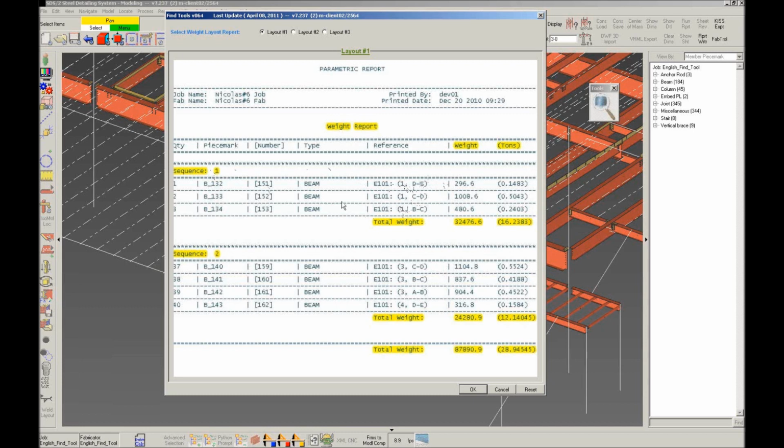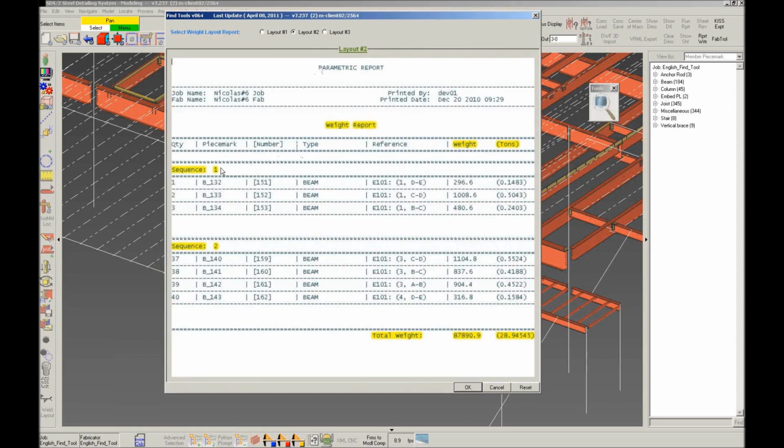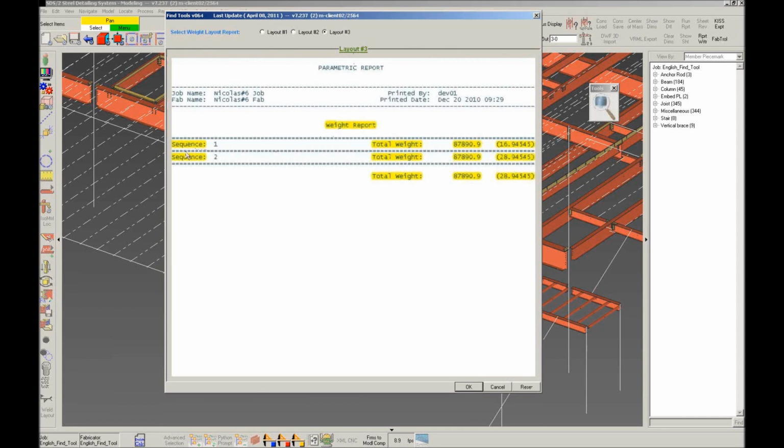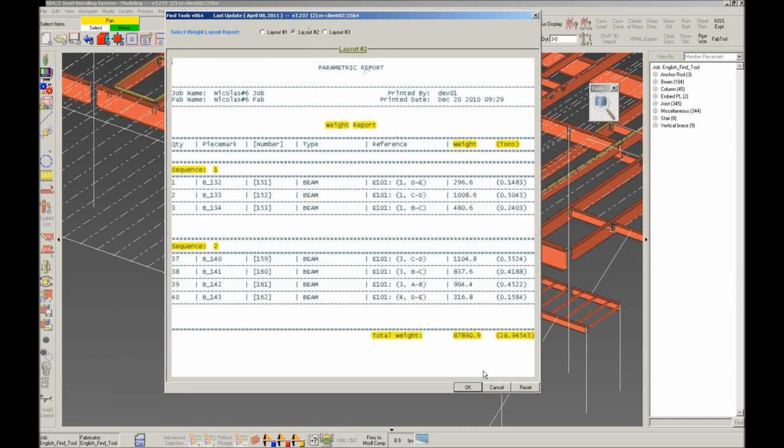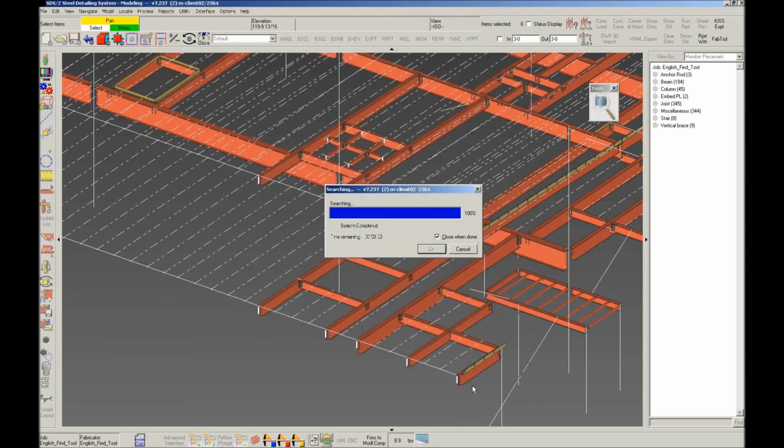So I can get the total weights for each of the items and each individual sequence, or just the individual items within those sequences and a total weight at the end, or just the weight by sequence and a total weight at the end. So you select the one you want,